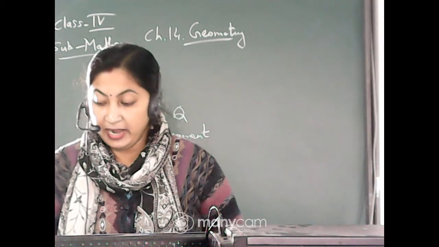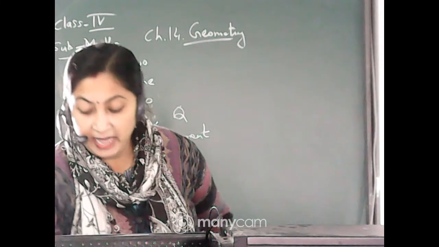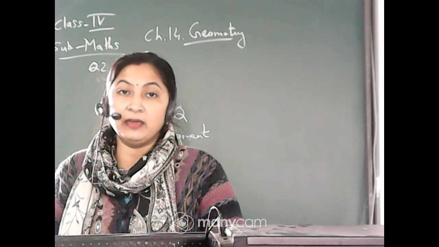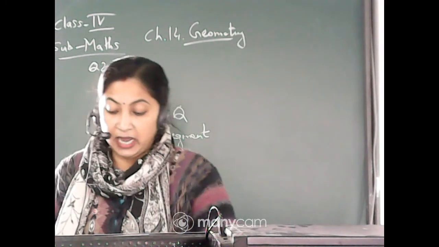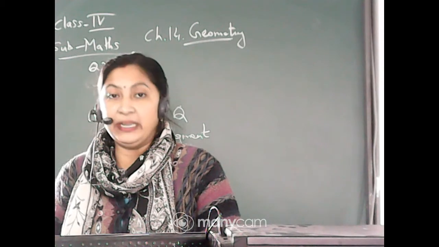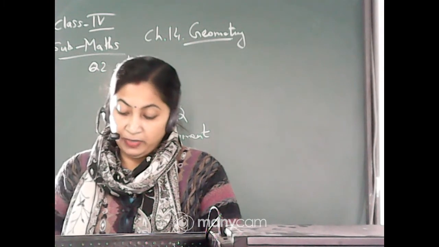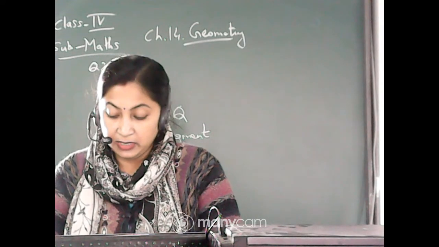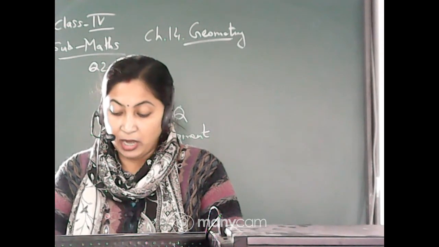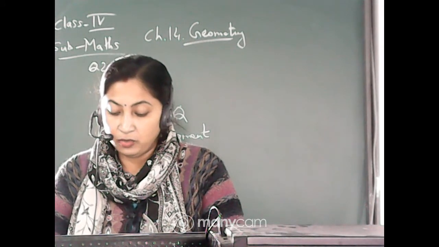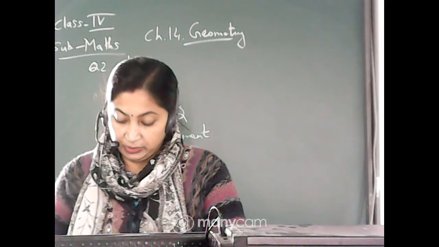The straight line you can draw with the help of the scale, and for the curved line, see here two examples are given, one example of a coin and the other example a cylinder. Two curved lines are drawn with the help of the coin, and it is the lid of a tin. So what are curves? The figures traced out with the help of the sharp edge of a pencil without lifting the pencil are called curves. Okay, so these are called the curves.